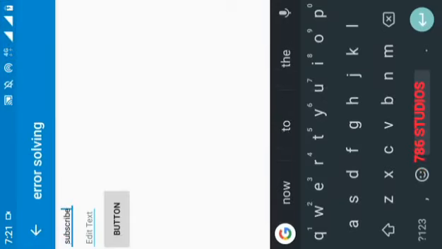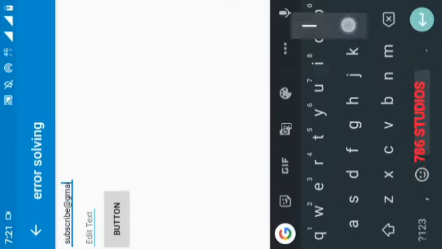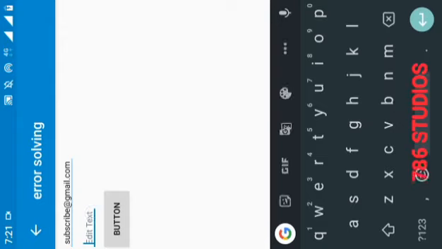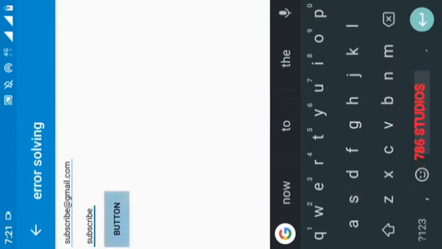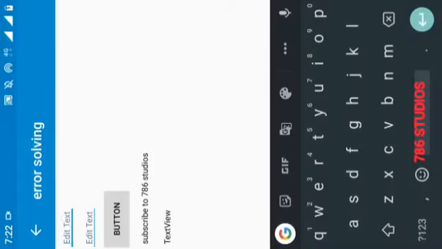Now let's check that our solution works or not. Last time the app crashed right after I logged in. Now this time I log in and it will not crash. See here, it is showing text view 1 data which we uploaded for the first time, but it does not contain text view 2 data, so it will not show any data here. It will just show text view 2. Like this the app will not crash.